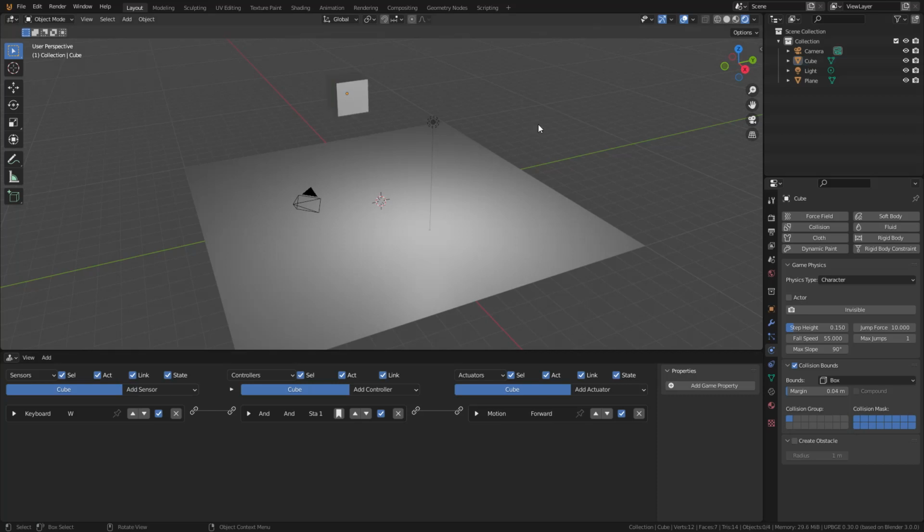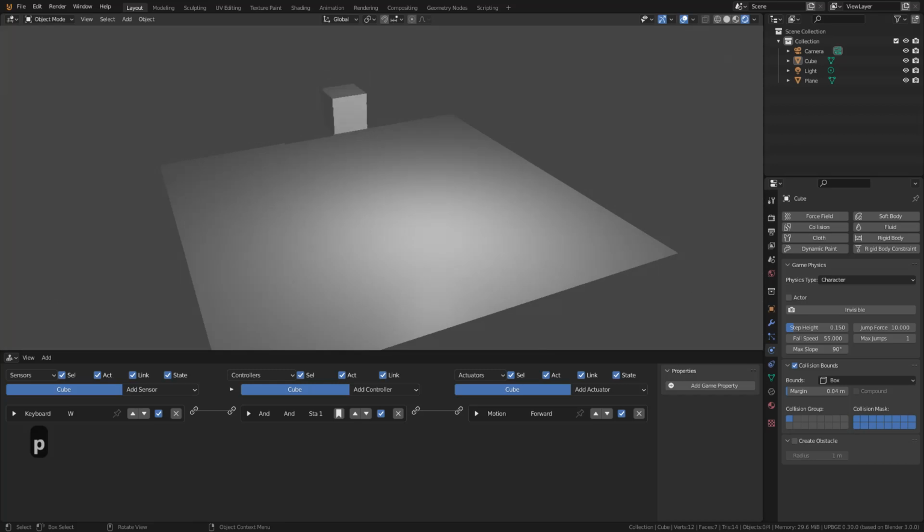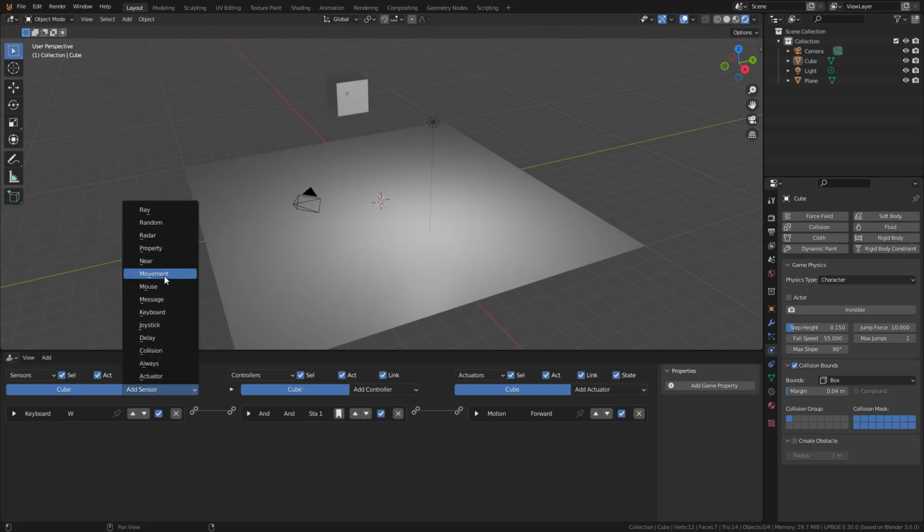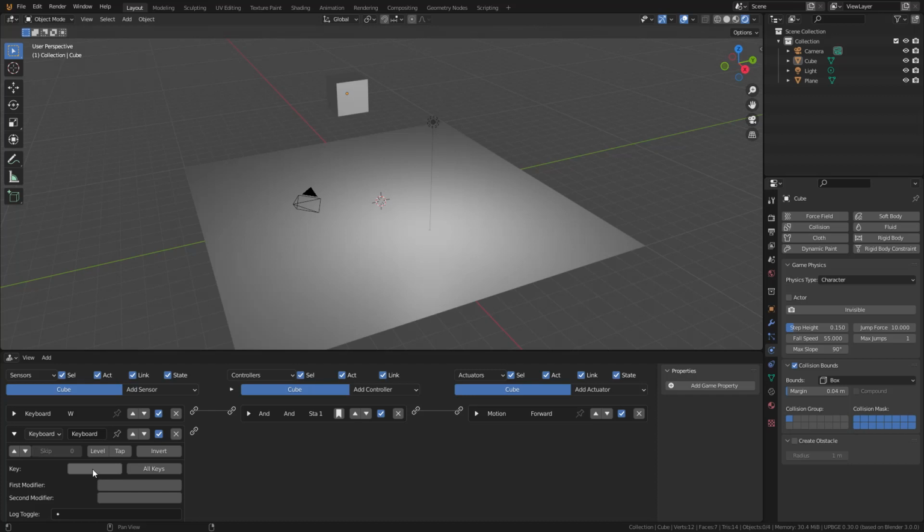So if I click play and W, my cube moves forward. Let's add some turning. So I'm going to add another keyboard input. And let's do this for A. If A is pressed,